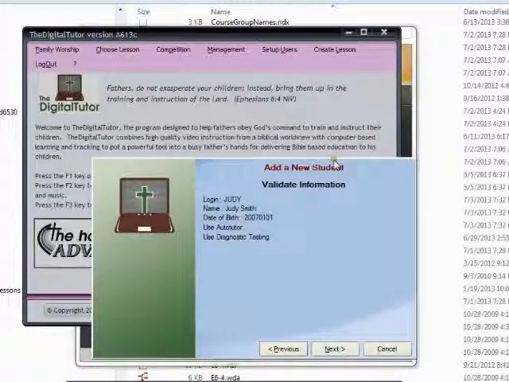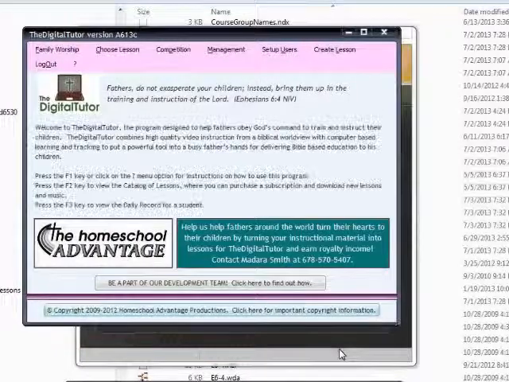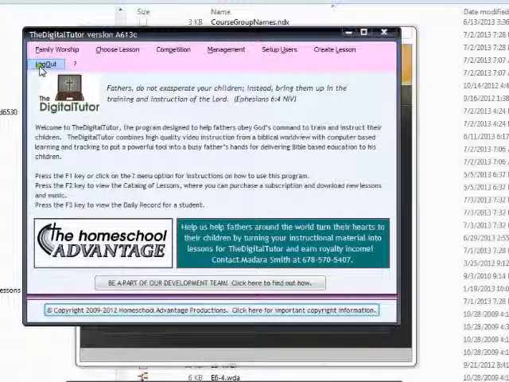Now here's where we validate the information for Judy. Here's her login, name, birthday. We're going to use Auto Tutor, and we're going to let the program do diagnostic testing. So you click Next to validate that information, and that's it. Judy is now set up. So you say, well, so what do you do now? Well, you log out,